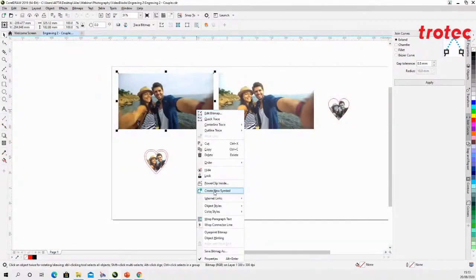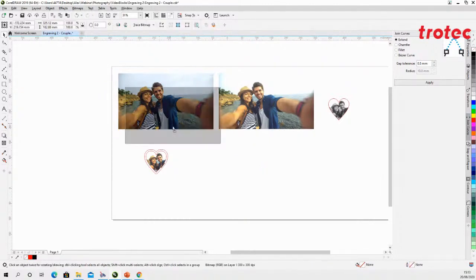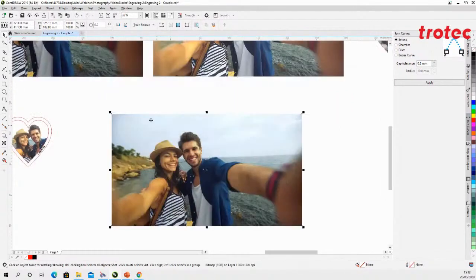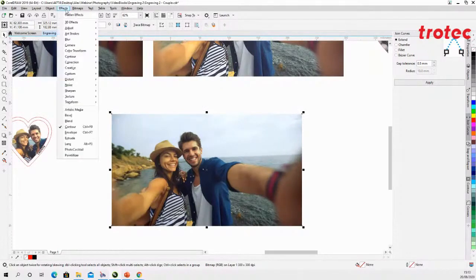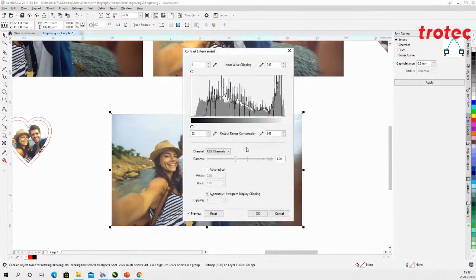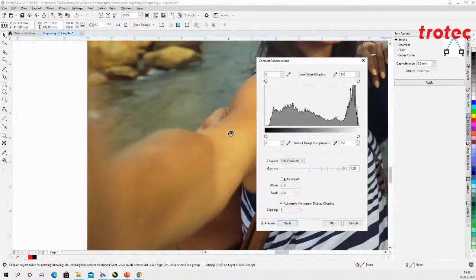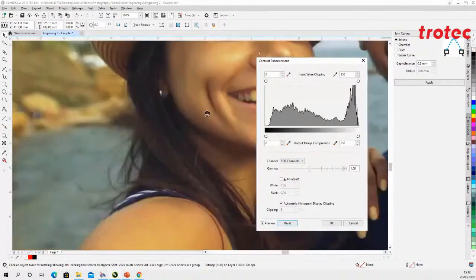So we'll just take the original image, and then we'll paste another version across. And then first of all, we're going to go up to Effects, go to Adjust, and we're going to look at the contrast. So this is why quite often, if you do have the availability to work with a HDR type image, you will have to do a lot less post-processing and a lot less fine-tuning to the actual image itself. So on here, we're just going to click Reset,